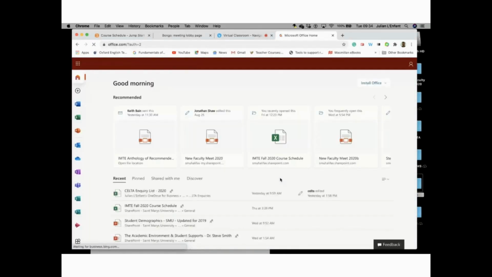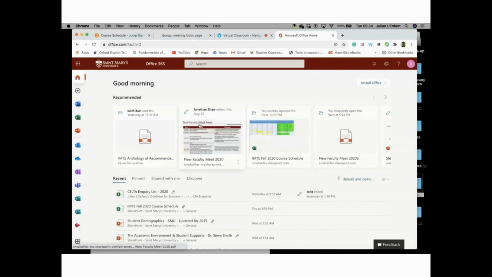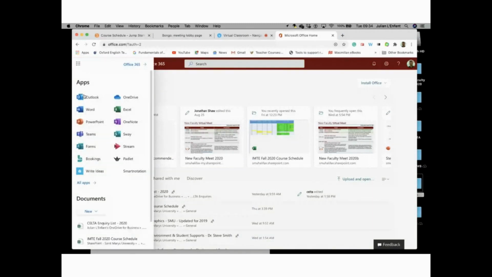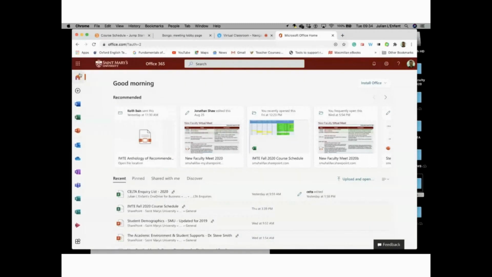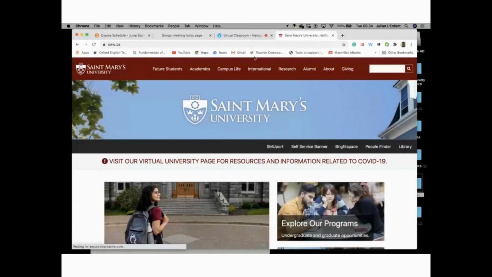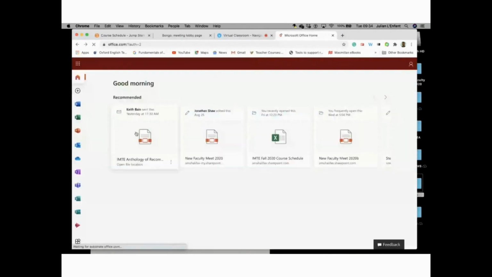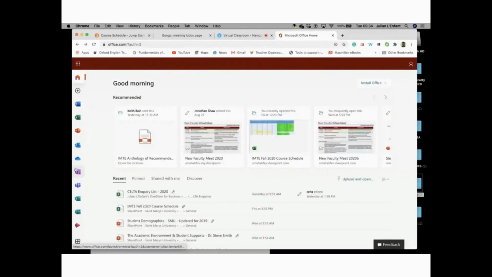Once you've done this, you come to your St. Mary's portal. And in here, we can see all of our apps. All the way down the side here, you can see I have my apps. And on the side here, I can see there's Teams. So if we click on Teams,